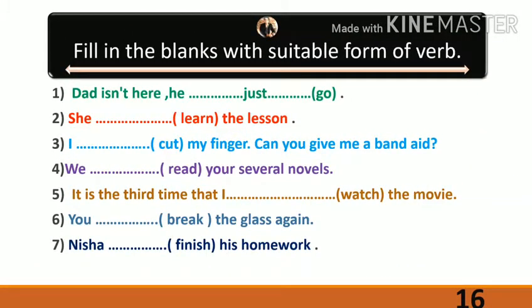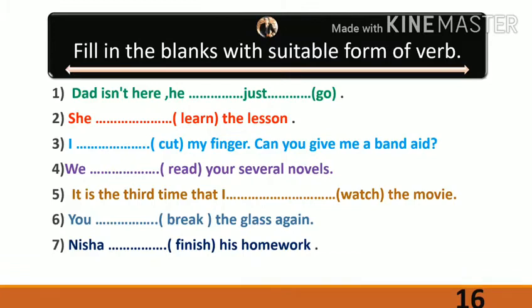Now students, we come to the last part of today's video, that is fill in the blanks with the suitable form of verb. This is a very crucial part of whatever you are learning in tenses, and it is going to be applied here. But you need to remember one thing: when you go inside your examination hall, it is clearly written, fill in the blanks with the suitable form of verb. That means there may be any kind of verb, but you need to put in a suitable one that makes the sentence completely meaningful.